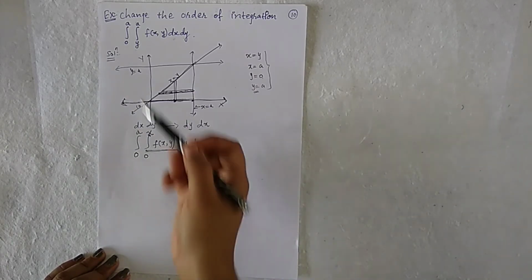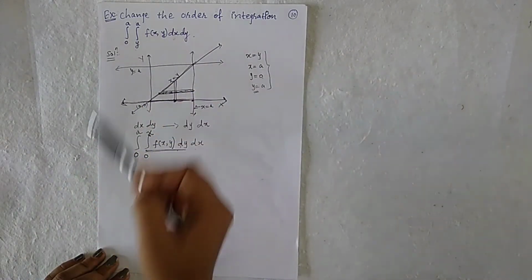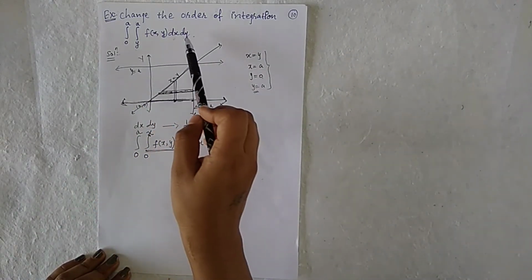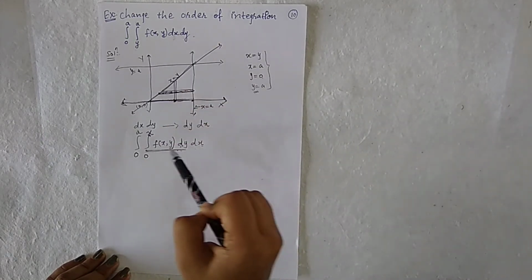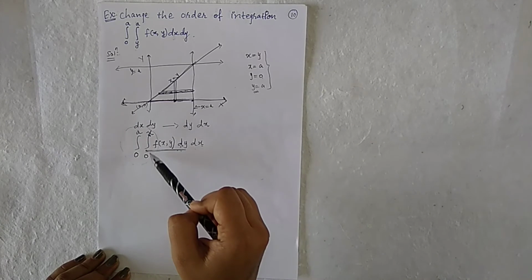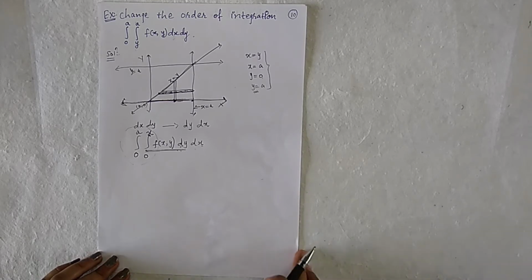So this is the change of order of integration, and here we are done. That is, dx dy to change to dy dx, we have to take care of the limit. So this is all about changing the order of integration. So the next example is